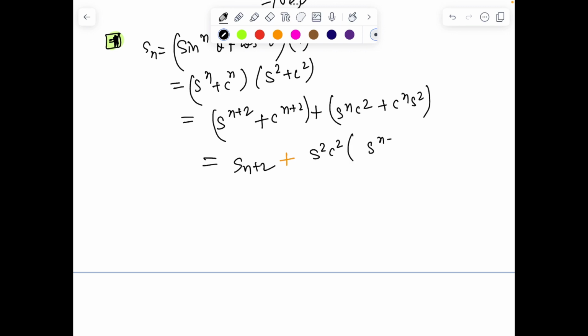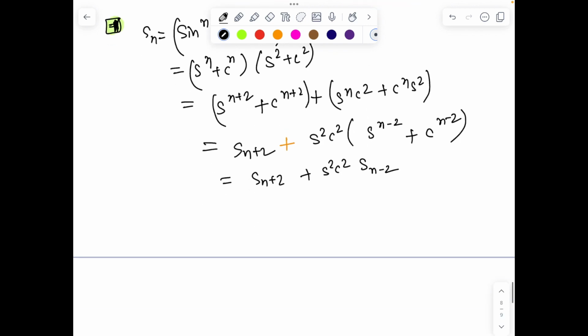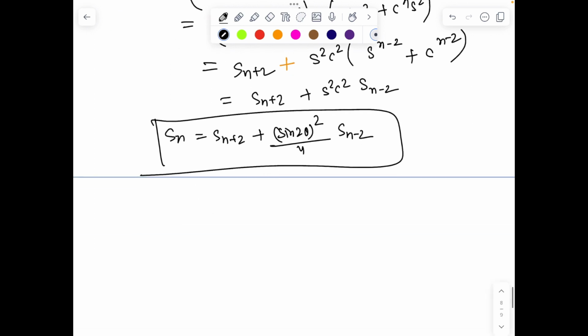अब इसको फिर आप थोड़ा एडजस्ट कर सकते हो। कैसे? sin² cos² कॉमन लेंगे तो sin^(n-2) बन गया, एंड cos^(n-2) हो गया। तो दिस बिकम S_(n+2) + sin² cos² ⋅ S_(n-2)। सो अगेन यू सी द रिकर्सिव: S_n = S_(n+2) + sin² cos² ⋅ S_(n-2), जहाँ sin² cos² को (sin 2θ)² by 4 लिख सकते हैं। तो देखो क्या बेहतरीन सा रिकर्सन क्रिएट हुआ है।